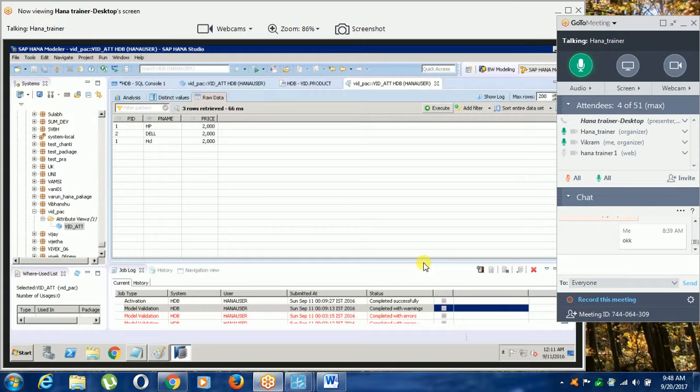Just like in BW, you create info objects and these objects are used in info cubes, similarly we create attribute views and use them in the analytical view. This is the main thing.